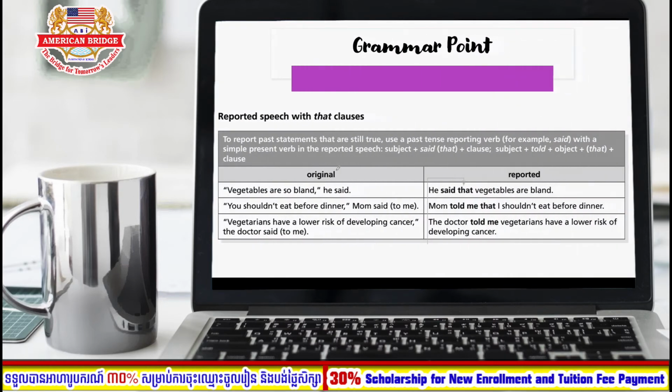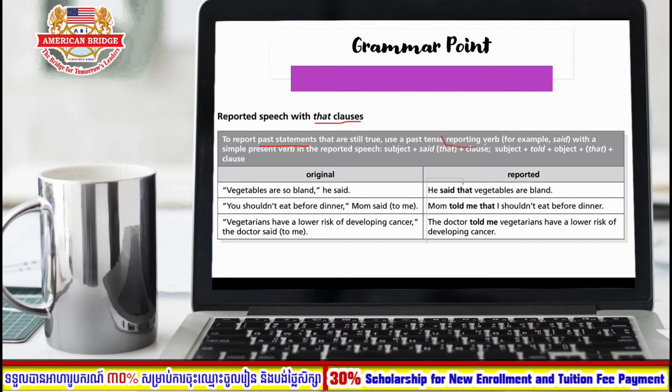Now let's move on to our last agenda, which is the grammar points. As I mentioned from the beginning of the video, this grammar point is not very difficult because we just study the reported speech, but with a different usage. So in the previous video lesson, we studied reported speech with that clause, to report past statements, right? So to report a past statement, the reporting verb,